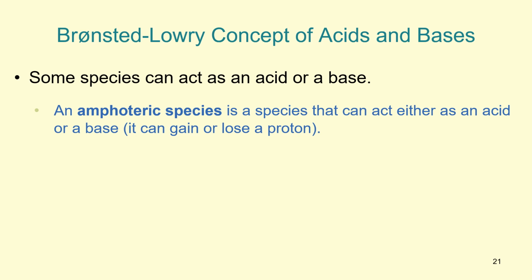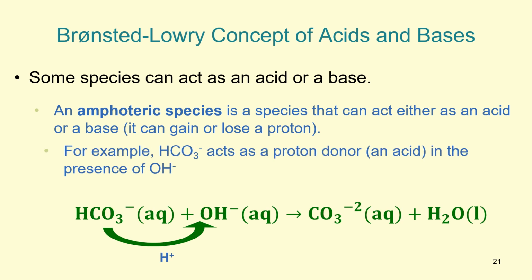You can see the prefix ampho, like amphibian, can be both water and land. So similarly, they can act as either an acid or a base. In other words, they can gain or lose a proton. We saw obviously water is a very amphoteric species. It can gain an H to become H3O plus. It can lose an H to become OH negative. And we saw just on the previous slide, HCO3 negative is also amphoteric,